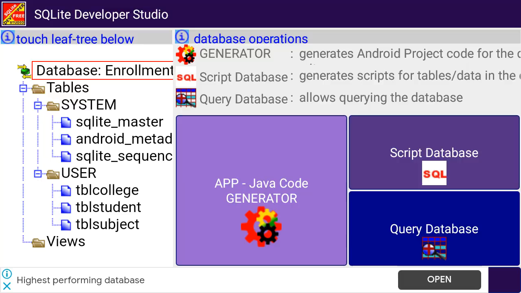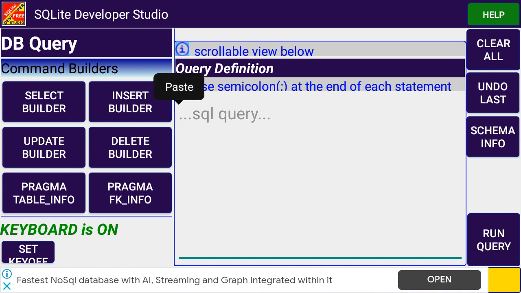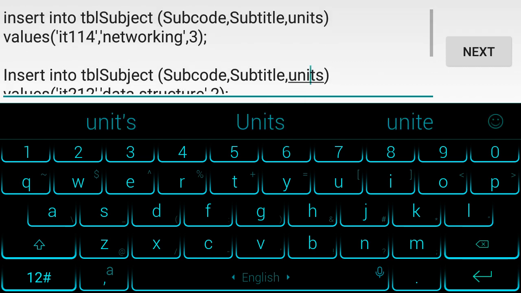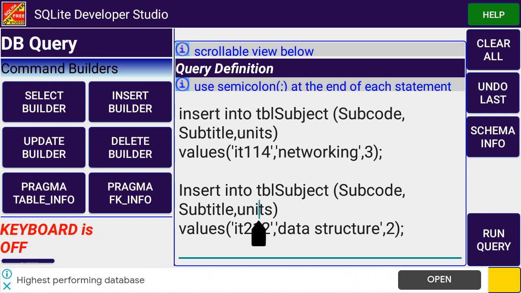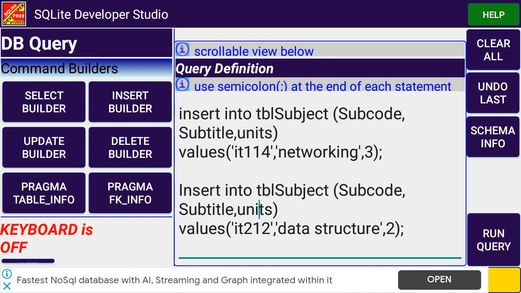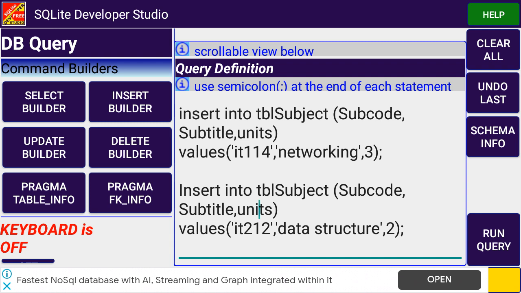So go to the query database. I will just paste my code here, and then as you can see, to insert a record, I used the insert command, and then the into is to specify the table, which is the table subject, and then in the field names, as you can see, instead of 4 field names, I did not include the subject ID, because